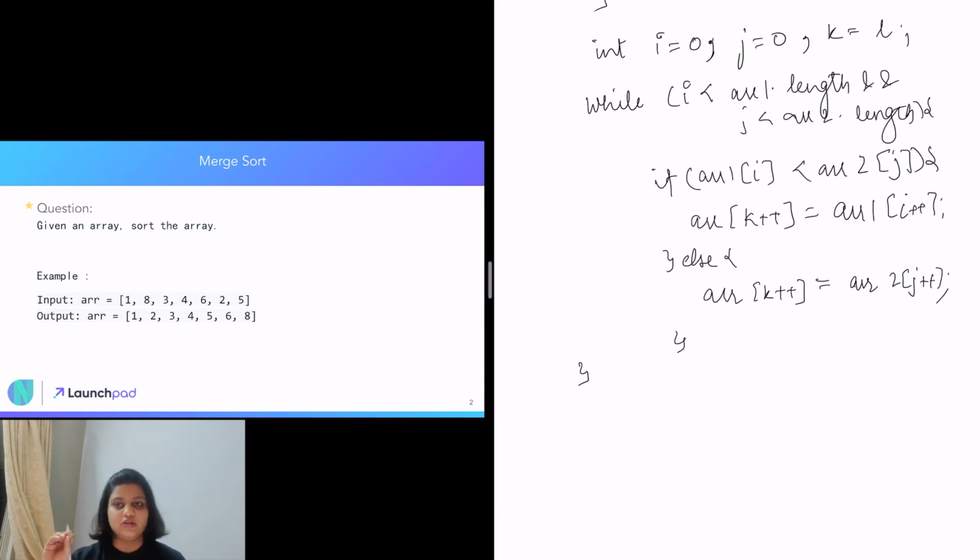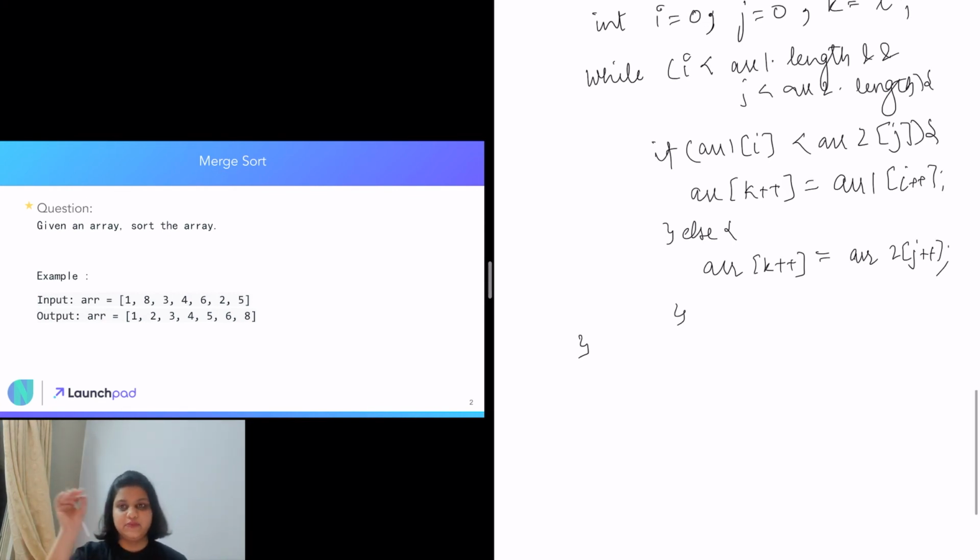Now after we have done this, one of the arrays has had all of its elements inserted in the new array, which in this case is the original input array. When I say new array, it means the current array from L to R position, where we are updating all the elements between L to R. So all the elements of one of these subarrays have been inserted there. But out of these two arrays, we still have one array whose elements are not all inserted. So we are going to traverse through that and insert all the remaining elements.